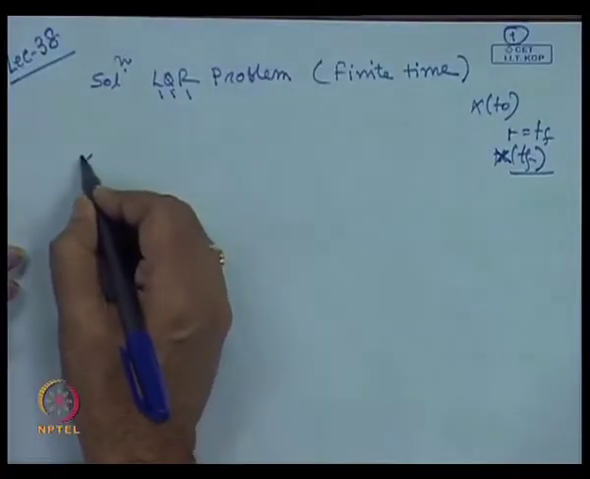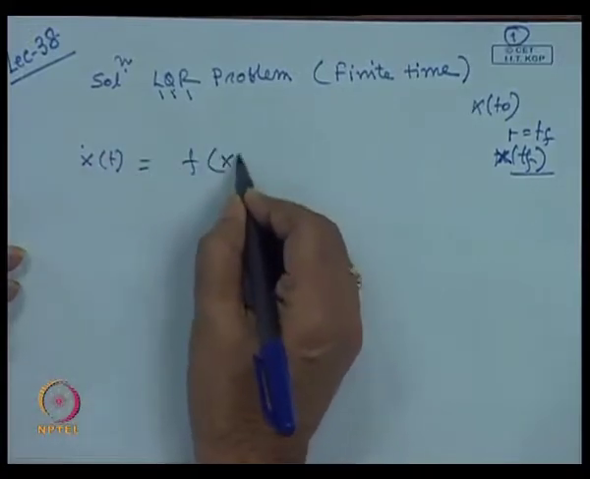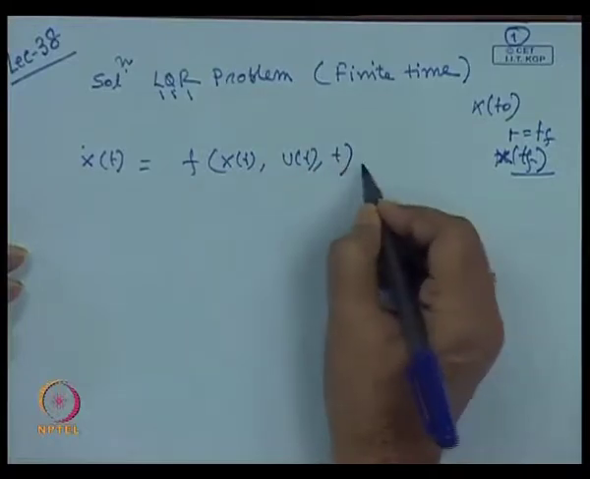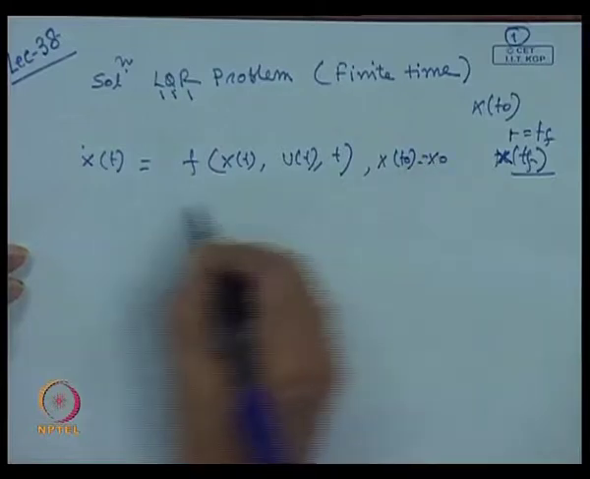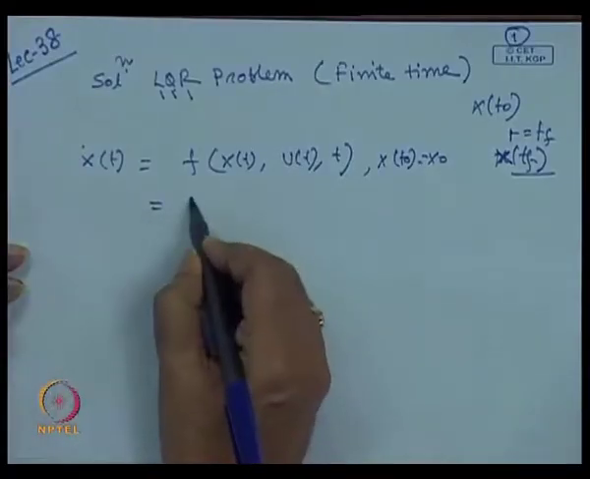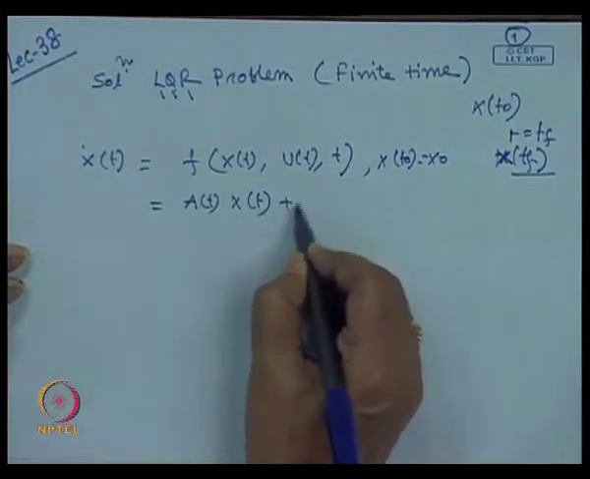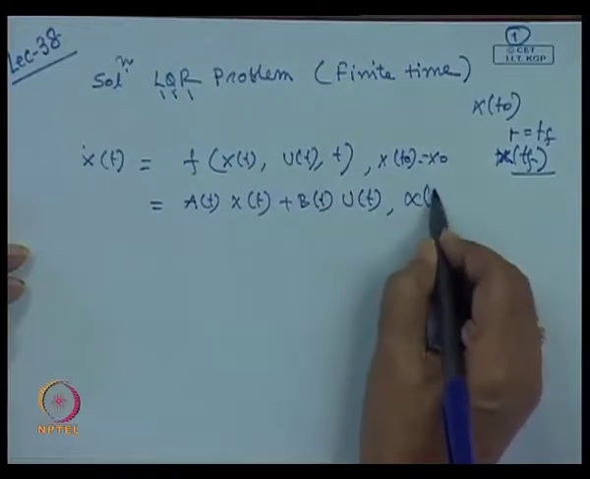So, let us call our problem like this way: x dot is equal to, in general, a function of x of t, u of t, and x of t 0 is equal to x of 0. Since we have described the system, our dynamic system is described in state space form, that is x dot is equal to A of t x of t plus B of t u of t, and x of t 0 is equal